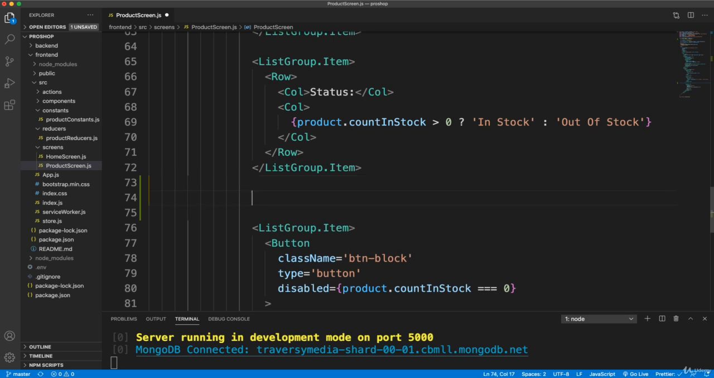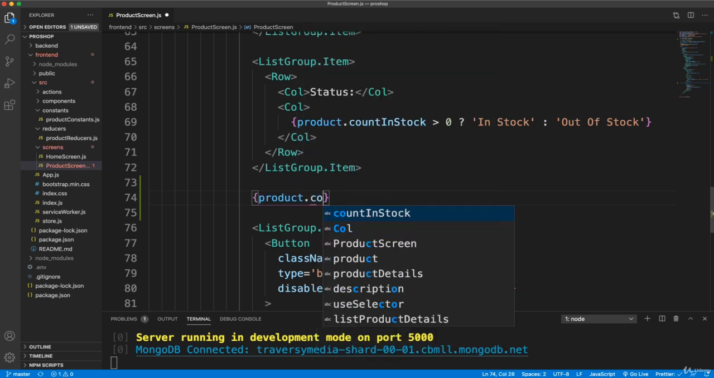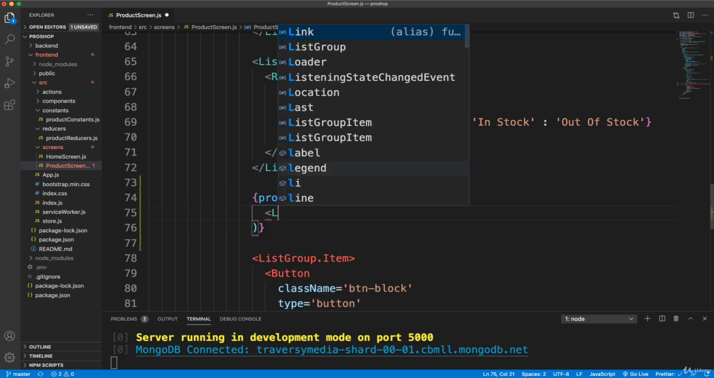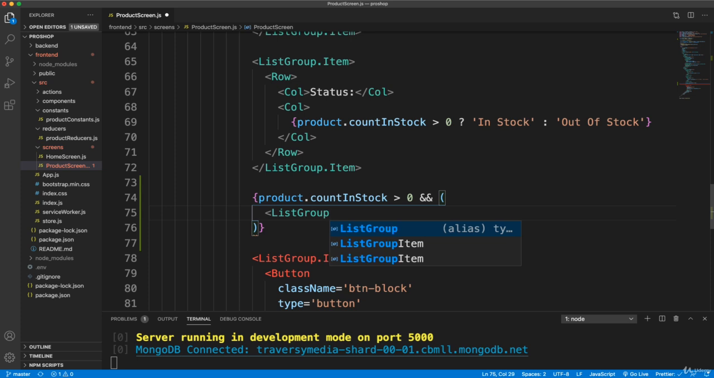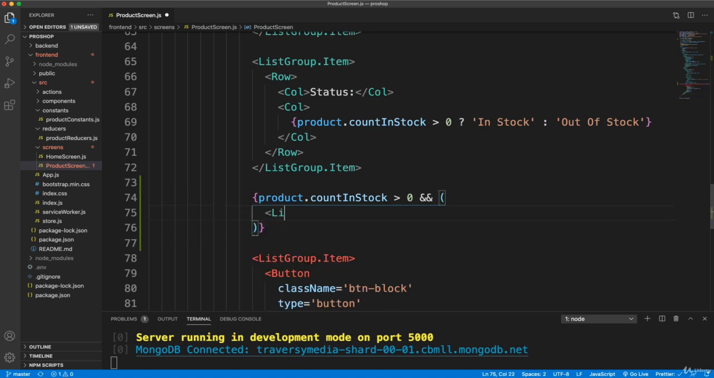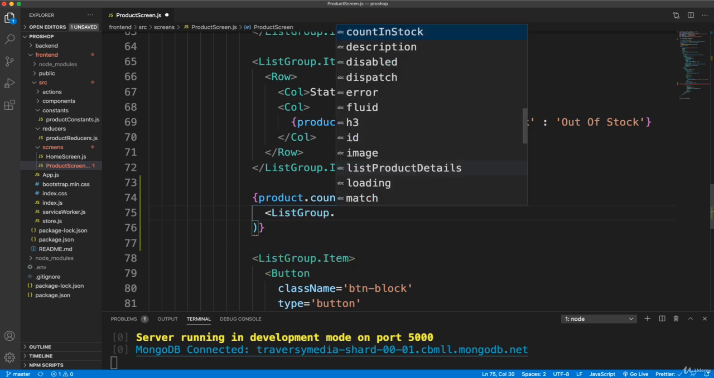Now we only want to show this if it's in stock. So let's open up some curly braces and say if product.countInStock is greater than 0, then, we're going to use just double ampersand because there's no else, so this is a shorter way to do this. Then we want to show a list group item rather. So ListGroup.Item,